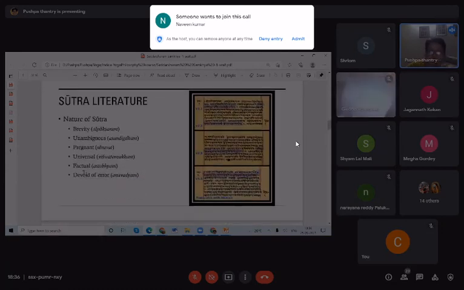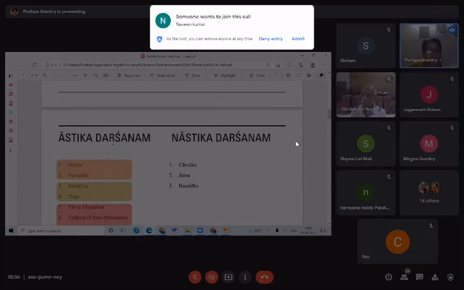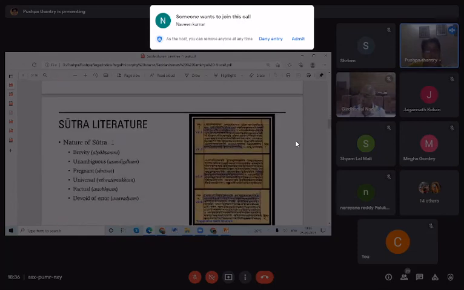And this again may not be from the exam point of view, but I thought this is really interesting. All these darshanas had to produce some kind of sutra or literature, and the literature has to have these characteristics, right? It has to be alpaksharam, which means brevity. It has to be asandigdham, unambiguous. It has to be saravat, pregnant, and it has to be vishvatomukham, which is universal, and it has to be astobham, factual, and it has to be anavadyam, devoid of error.